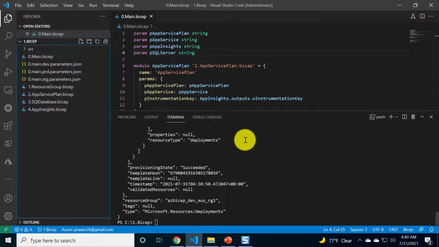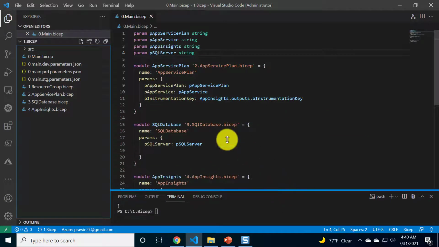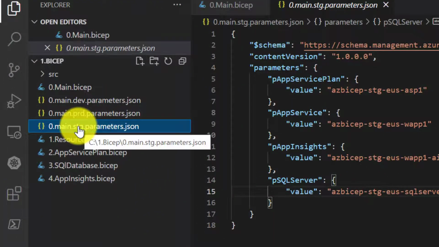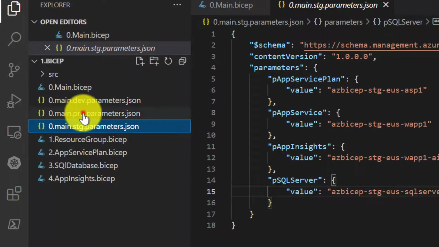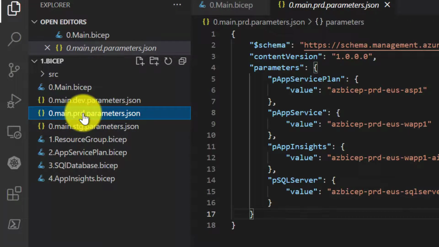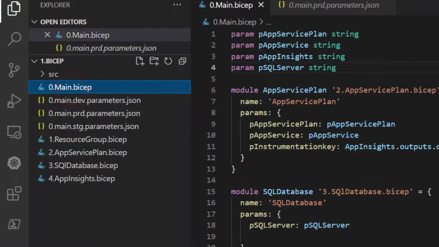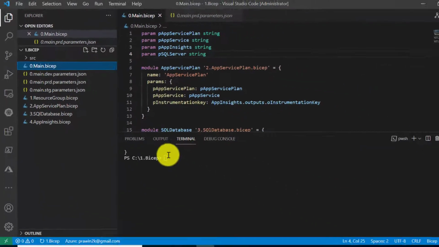Now, while the command was running, what I did is I created two more parameter files, one for staging, which contains all staging specific names, and then one for production, which contains all production specific naming convention. Now I would like to run the same main.bicep for staging environment and production environment as well.